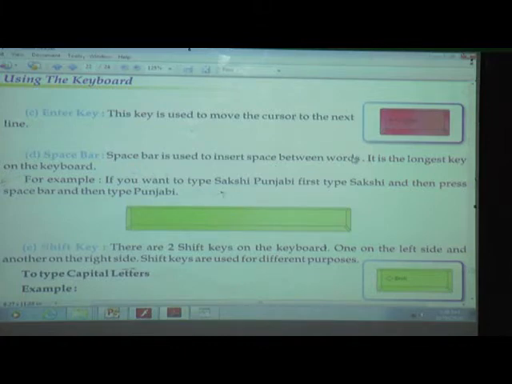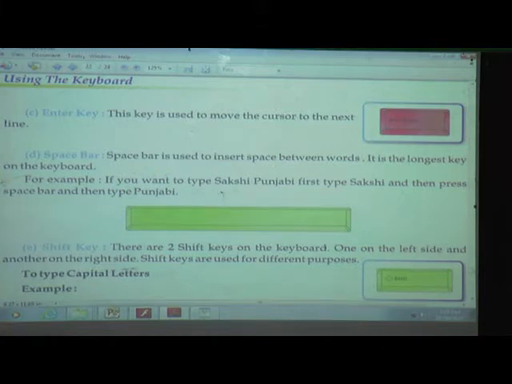We keep space between our name, our father's name and our surname. But the computer does not understand that we are writing a name. We must give each and every instruction to the computer. That time we use the space bar key to give the space. It is the longest key on the keyboard.